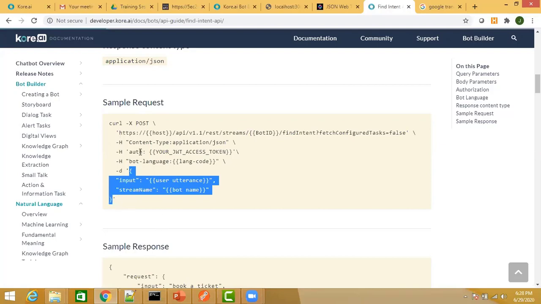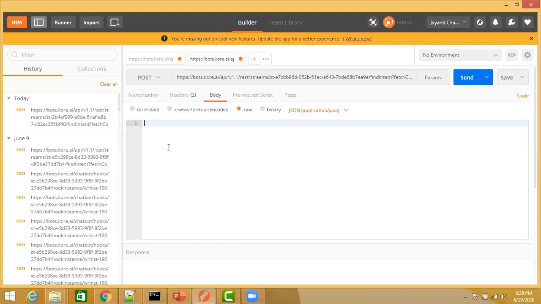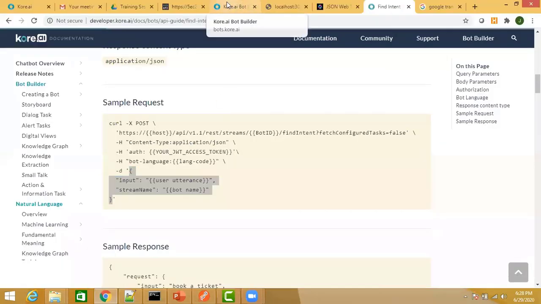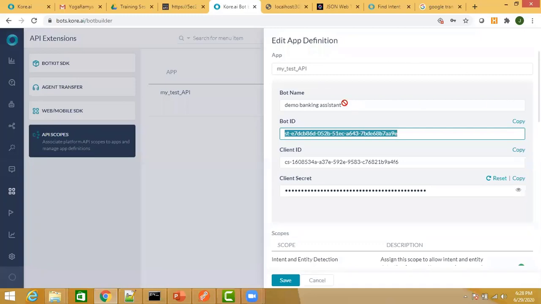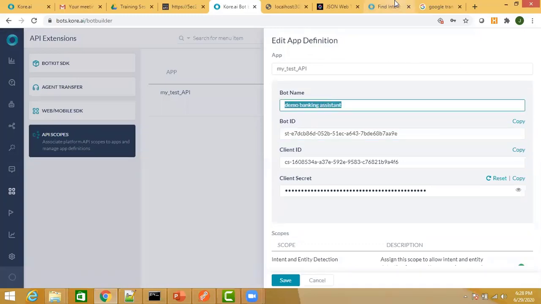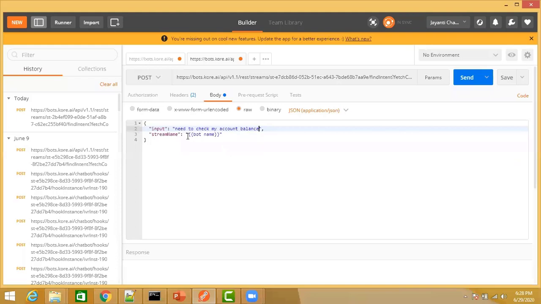If it is a curl command, you can use it from Java and so on, but over here I'm just using this. In the utterance, provide the utterance with which you want to test, and the name of the bot. Your bot name you need to copy from here and paste it there.